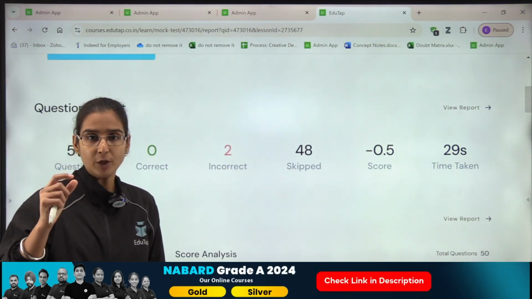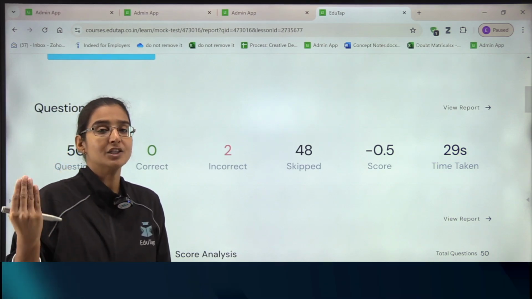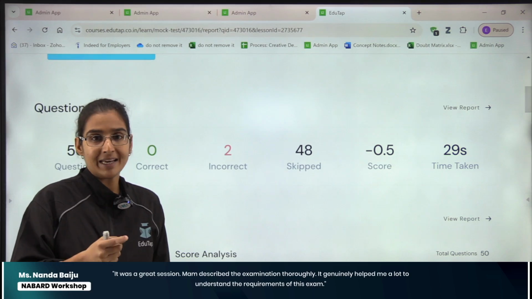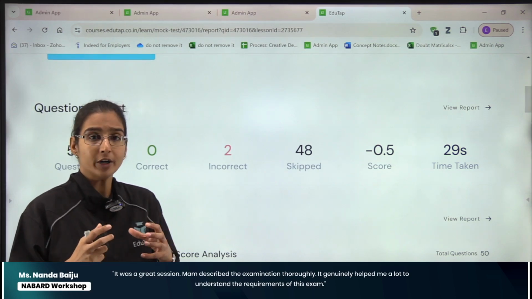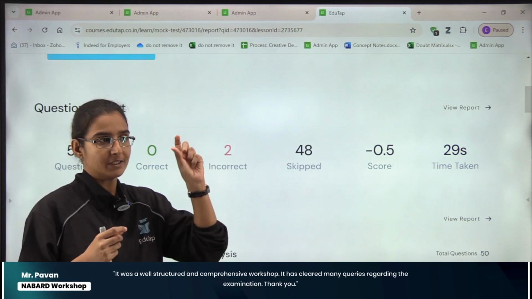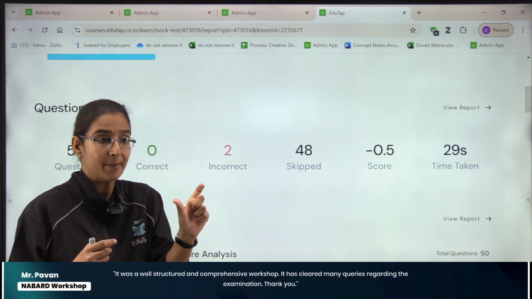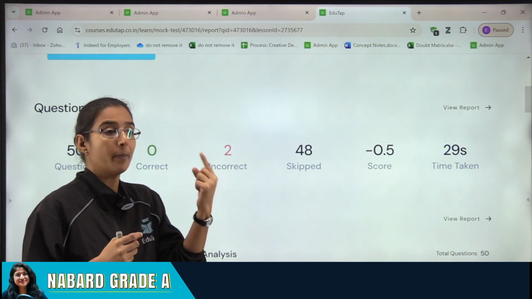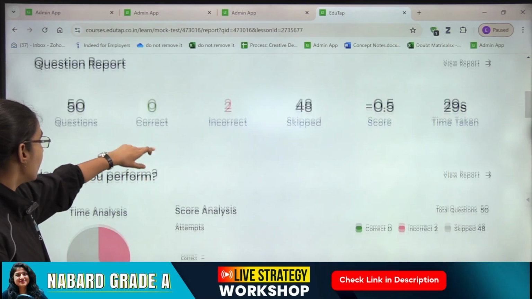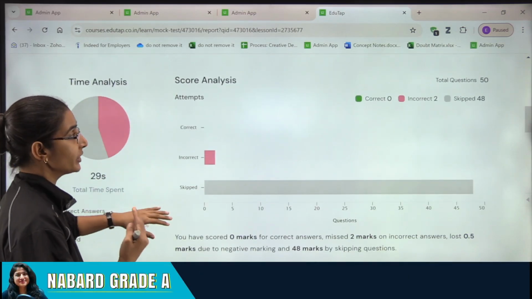Again, when you are analyzing it topic wise, if you know for every chapter in which chapter your accuracy is higher, then you will analyze what your position is and what your target score should be. When you see a question from that particular topic in the exam, you will have an idea whether to approach that question or not, right? And after that, you will also be told what your time analysis was,